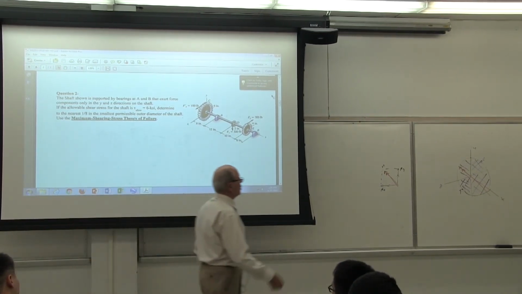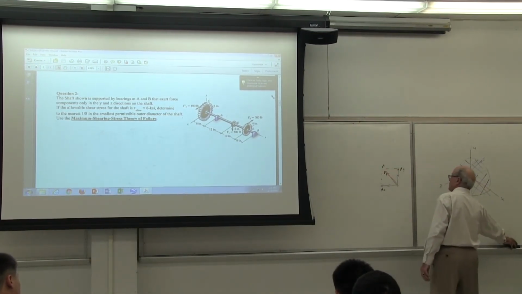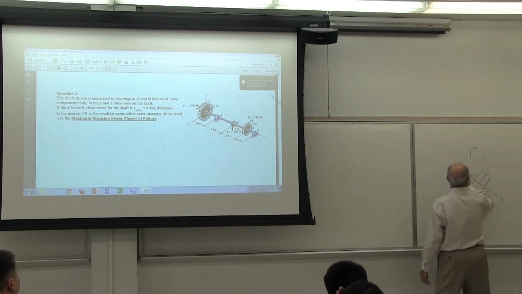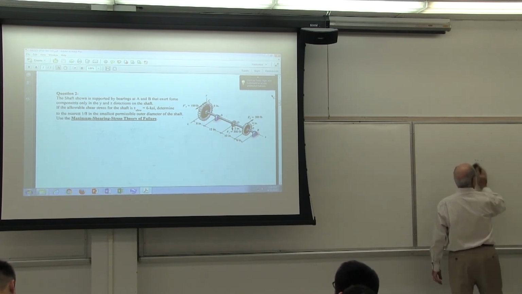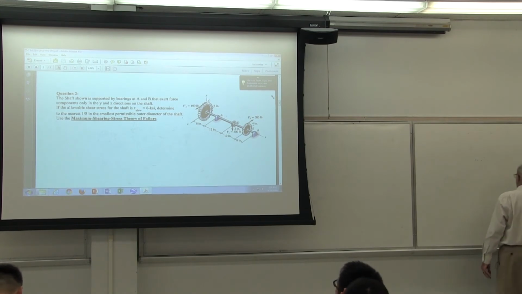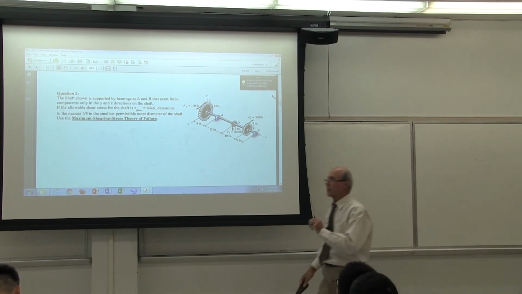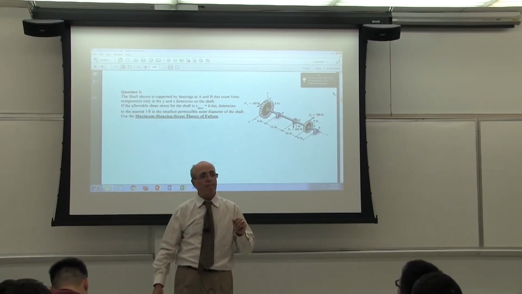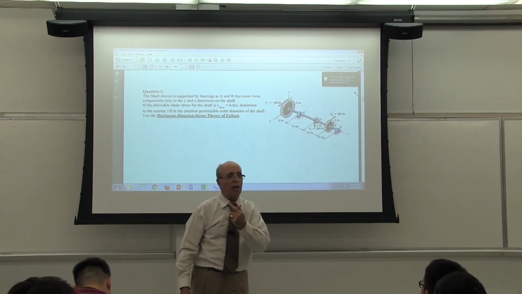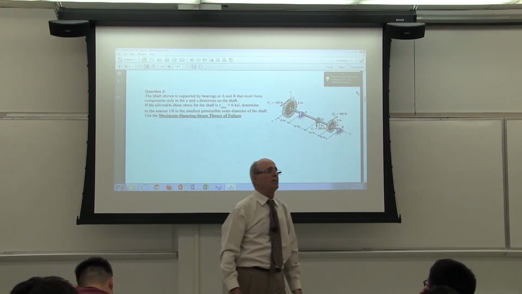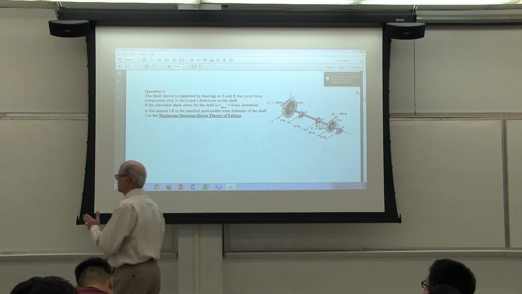Okay. Now let's go to this problem. Come on. What's the torque, Evan? Can you calculate? Did you calculate the torque? 1200. Good. But it's not just 1200. You need to draw the torque diagram, because you are checking different points, everybody, depending on where the bending is. This is the whole idea here.